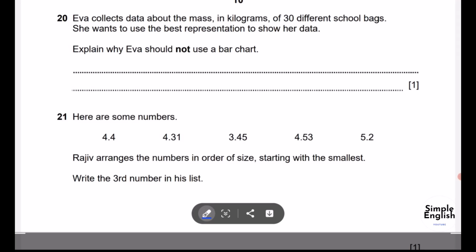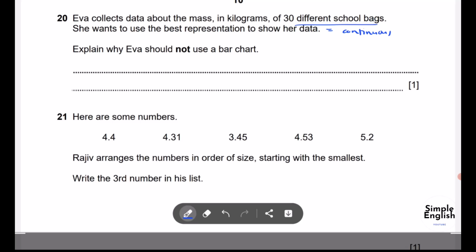20. If you collect data about the mass in kilograms of 30 different school bags, she wants to use the best presentation to show her data. Explain why we should not use a bar chart. Okay, so remember, 30 different school bags. So the data is continuous, right? It is continuous data because every time we collect the mass of the bag,